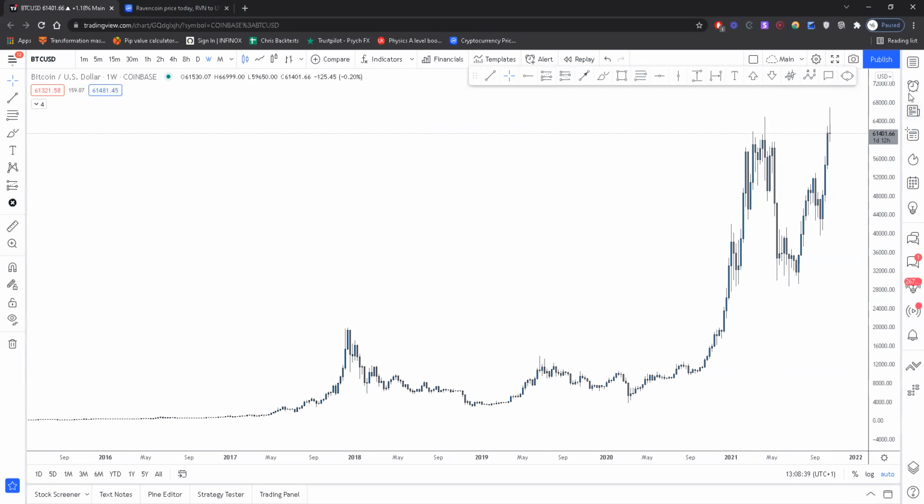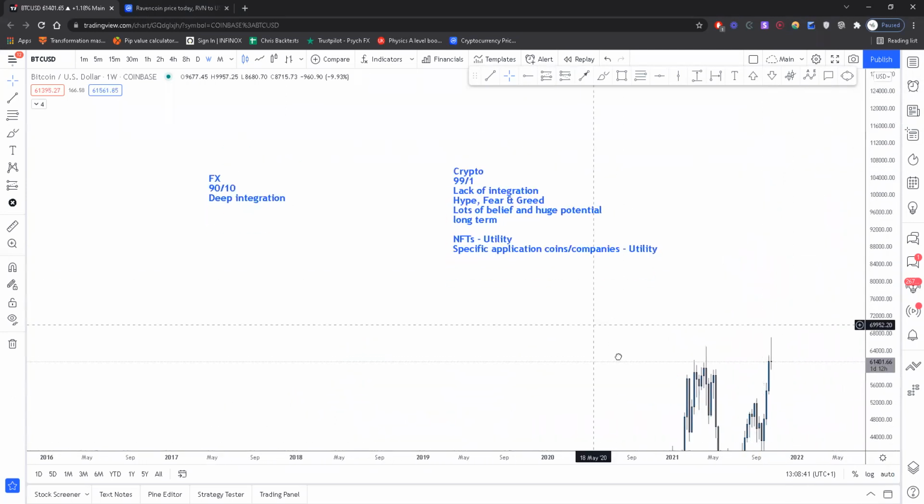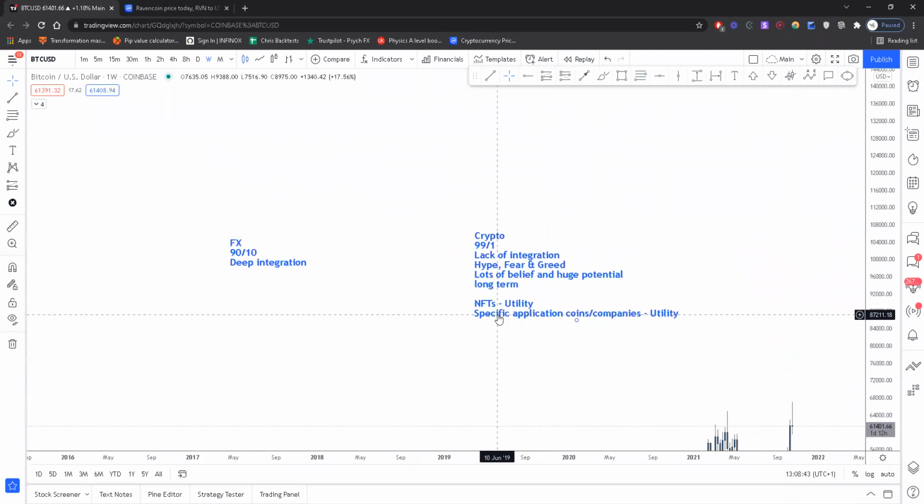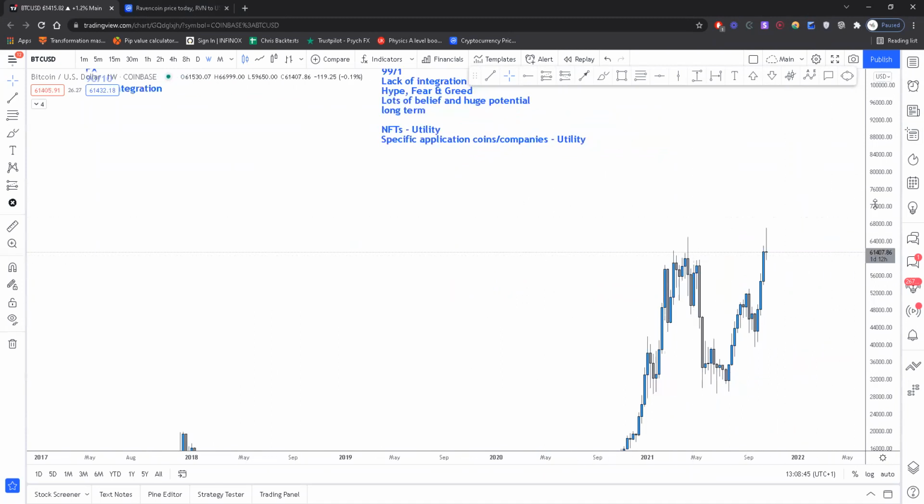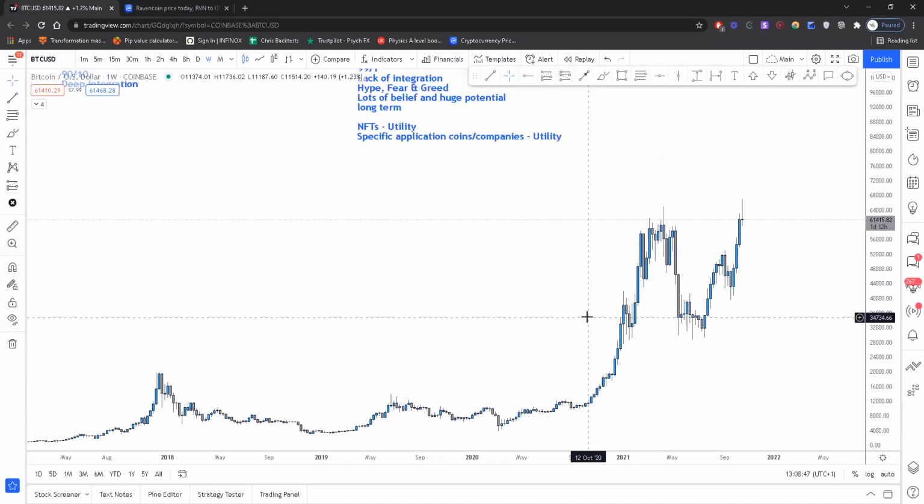Now, this is particularly relevant. So this is really, really relevant because it means that what we're looking at here in terms of the market is going to be mainly fueled by speculation, meaning it's going to mainly be fueled by news, the hype around it, the belief, the fear, and the greed. These are going to be things that are